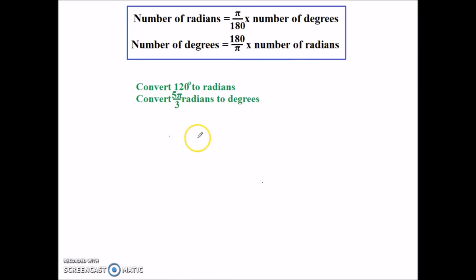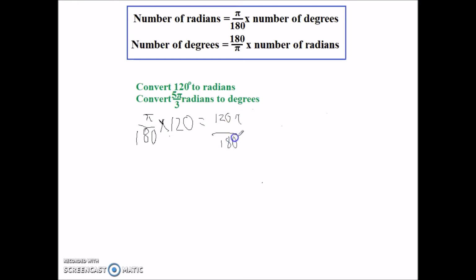So the first one we want is we know the degrees, we want to work out the radians, and it's quite simple, just using what's in the box. So the first thing we have is pi over 180, which is standard for these questions. These numbers don't change. It's always pi over 180 times by the number of degrees, which is 120. And all this is going to be is the denominator stays the same, the numerator is multiplied by 120, so it's quite simple. We have 120 pi